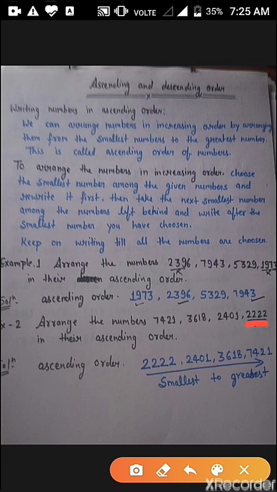After that, the second smallest number, 2401, and the third smallest number, 3618. And now tell which is the greatest number? 7421. Okay, so we can see here this is smallest to greatest. Firstly, 2222, 2401, 3618 and 7421. Okay,